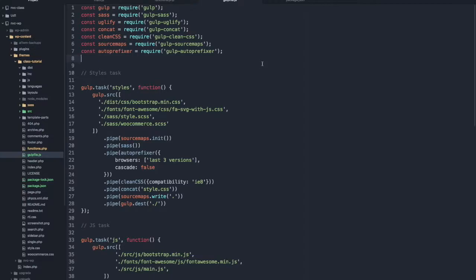And then we have two tasks. We said we're going to use this as a task manager, so we set up two tasks. One is for the styles, one is for the JavaScript. So it says, okay, start this task, call it styles, then run this function. Okay, I want the source files to be everything in my